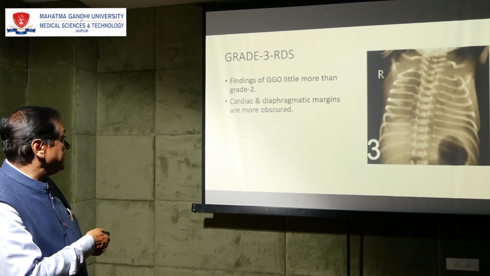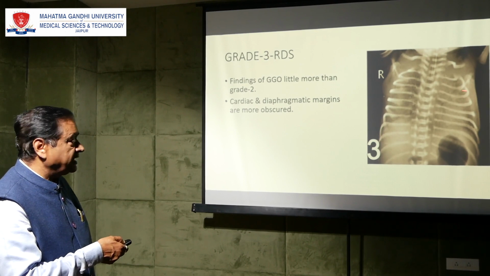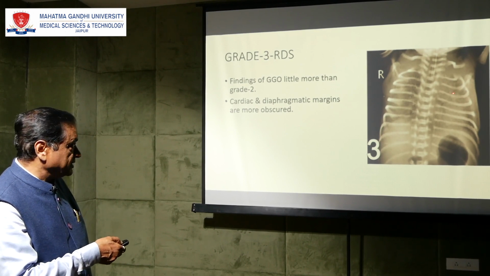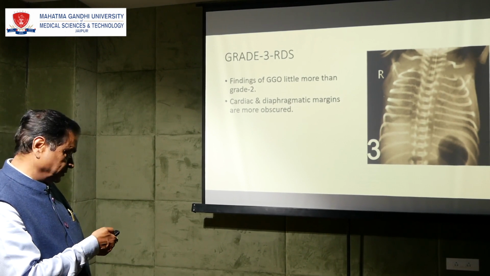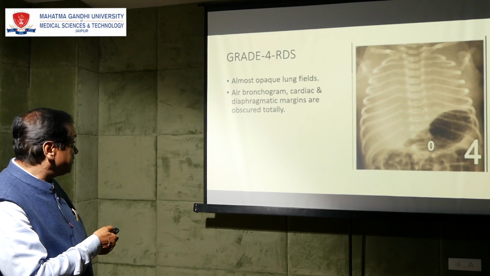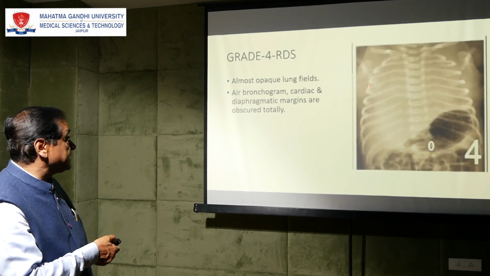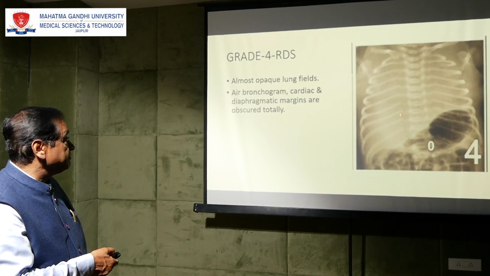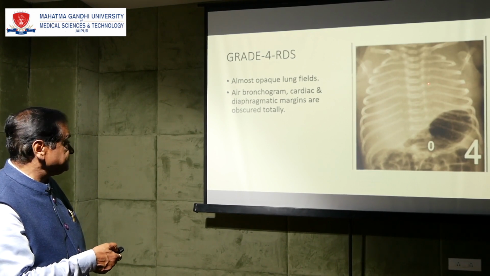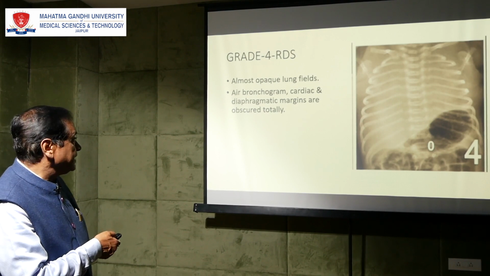In grade 3, you find more opacities, more ground glass opacity, and the cardiac border and the diaphragmatic borders are somewhat obscure. And in grade 4, what we see is almost an opaque lung. You cannot see the air bronchogram, you cannot see the diaphragmatic border, and you cannot see the cardiac border. So this is grade 4 of the RDS,